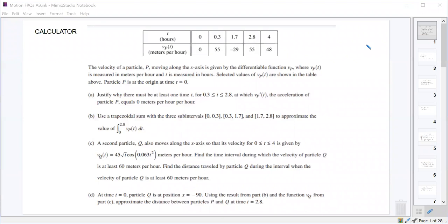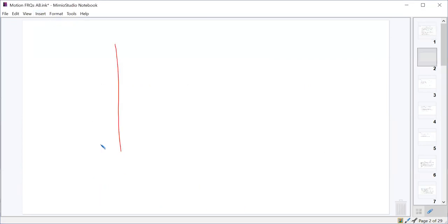So for part A, we want to justify why there must be at least one time between 0.3 and 2.8 where the acceleration, or the derivative of the velocity, is equal to 0. So most of the time, if they're going to ask you why the derivative of something must equal a certain value, in this case 0, that's got to do with the mean value theorem for derivatives, right? Because if we remember, and I'll do a sketch here on the next page, the mean value theorem for derivatives says that if I've got a function that's continuous and differentiable on some interval from a to b,